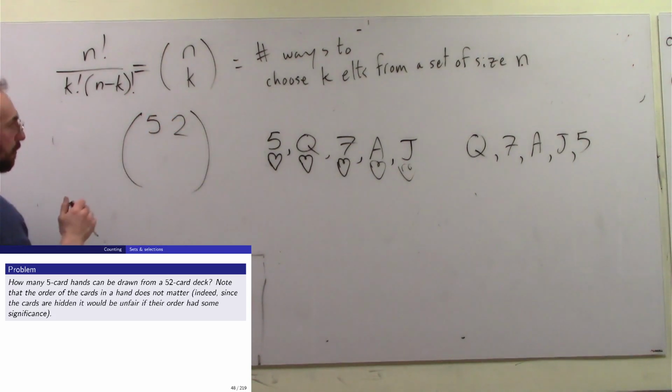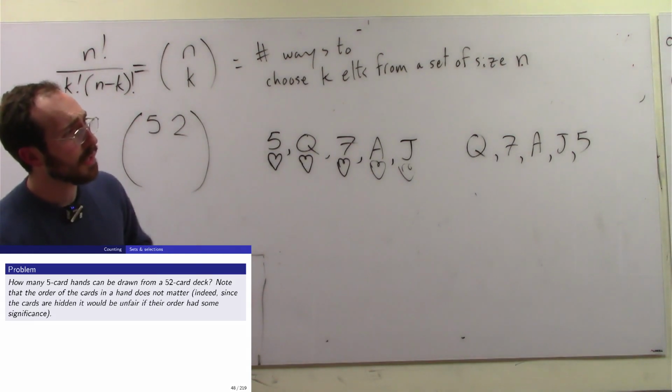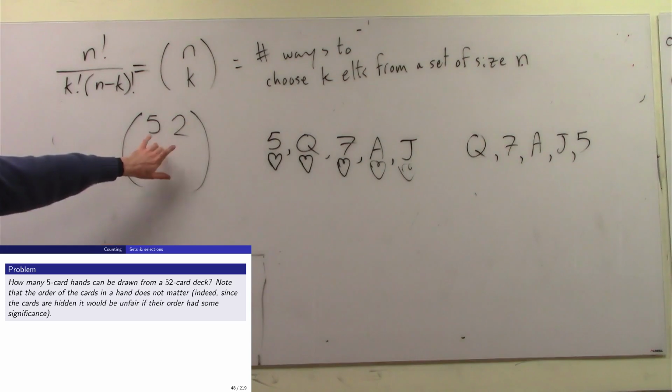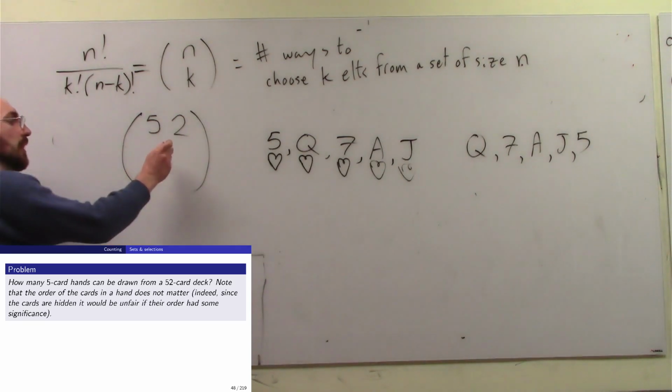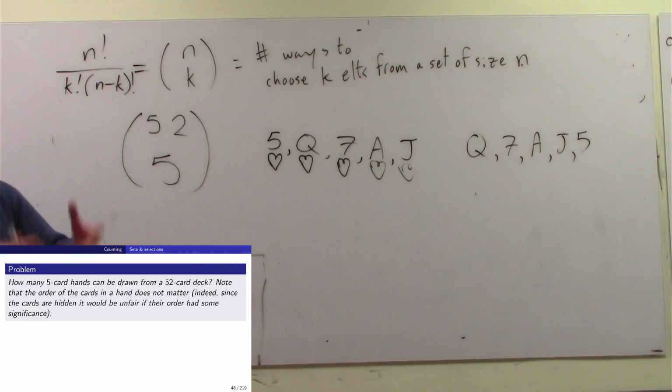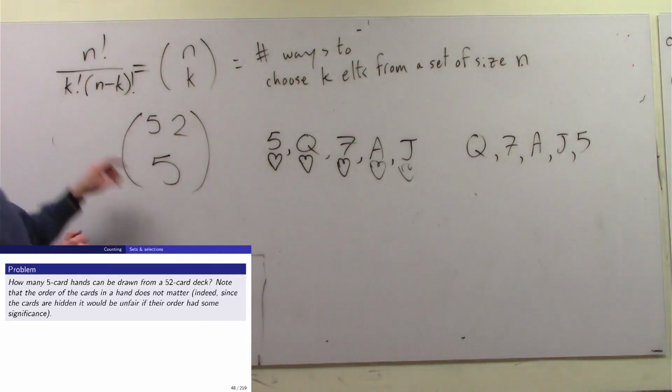choose from, well, we've already said it, it's in the problem. We have 52 cards in our deck, and we're just gonna choose 5 of them. Order doesn't matter, we're just choosing 5 of them. And now we actually can compute this